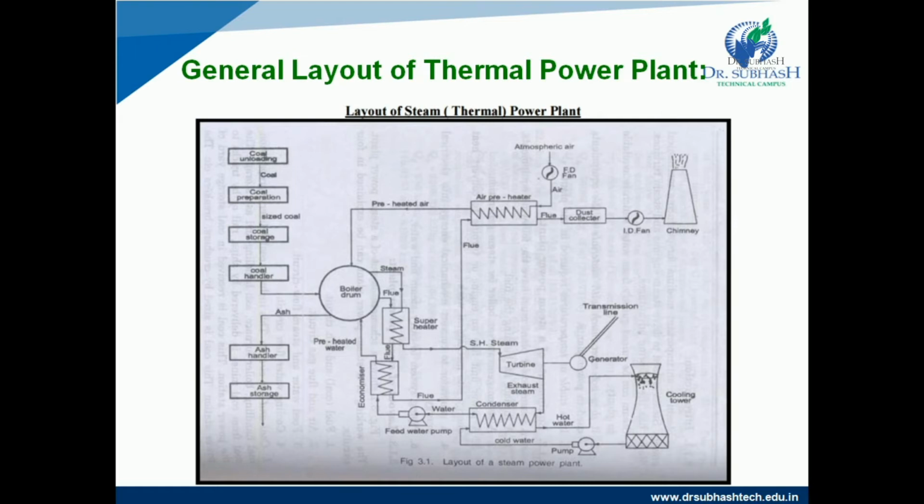Now steam turbine. High pressure superheated steam is fed to the steam turbine, which causes turbine blades to rotate. Energy in the steam is converted into mechanical energy in the steam turbine, which acts as the prime mover. The pressure and temperature of the steam fall to a lower value and it expands in volume as it passes through the turbine.